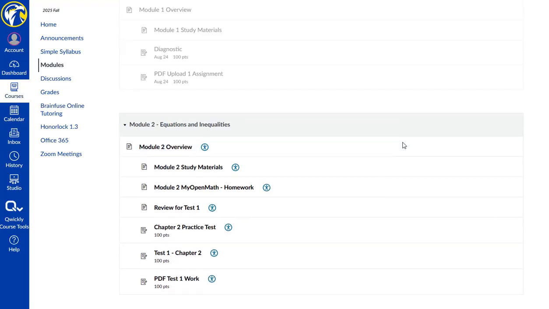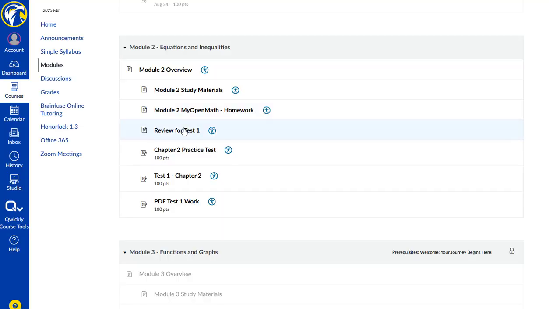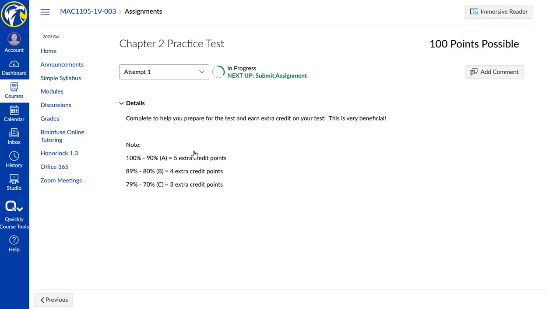All right, so we clicked review. There were 2 places we could get to that review. All right, this chapter 2 practice test, this is in the software. This is the one that I will give you bonus points for, right? On a sliding scale,